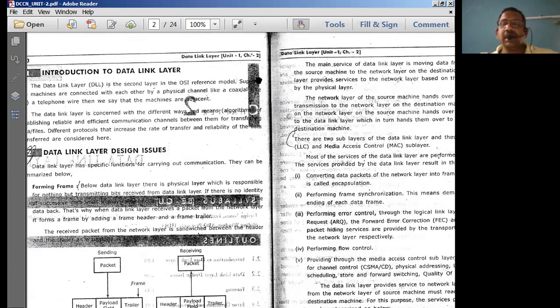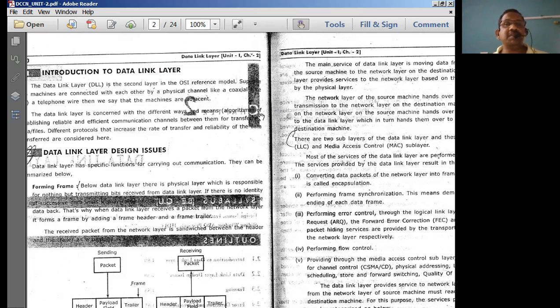Now this data link layer is connected to the physical layer. From the physical layer, we normally connect to the physical connections, either through coaxial cables or through telephone lines. If the connection is wireless, it normally is done by using various types of wireless communications like Wi-Fi, Zigbee, Bluetooth, and so on and so forth. So here the data link layer is connected in different ways and means.